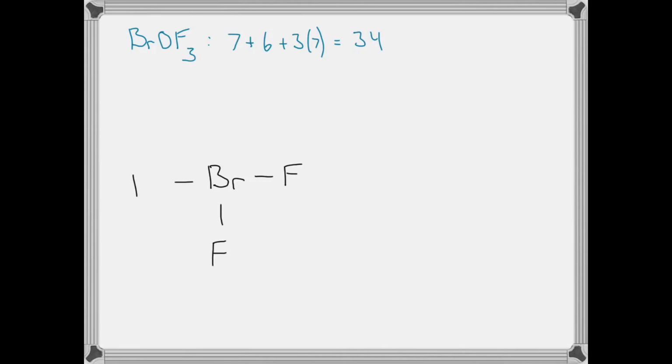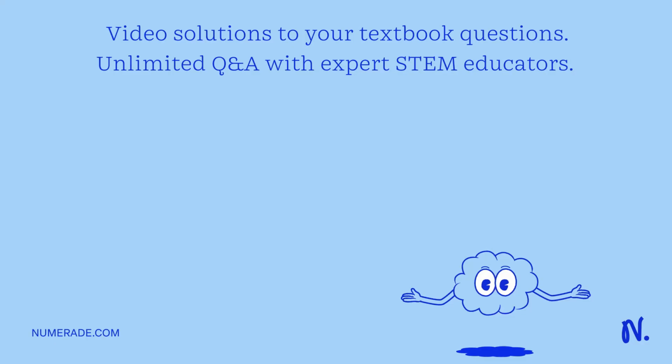So if we bond the 3 fluorines and the 1 oxygen to bromine, we would have used up 8 of the 34. Fluorine atoms never form double bonds, and so they're going to need 6 additional non-bonding electrons, or 3 lone pairs. So now we've used up a total of 26 valence electrons. So we have 8 left. 1, 2,